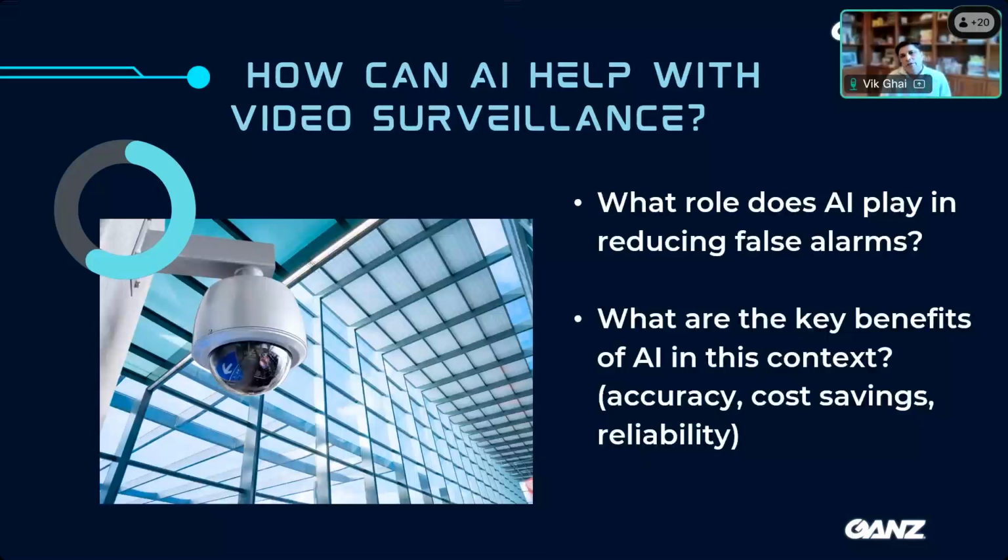Let's look at the technology in very simple terms. AI uses deep learning, which are neural networks, pretty much like how our brains work, that learn to spot patterns in images and videos. Next, the AI uses something called time series analysis. That is, it doesn't just look at one snapshot, it understands how things change over time. It's a very important part of creating a scene and figuring out what's real and what's false.